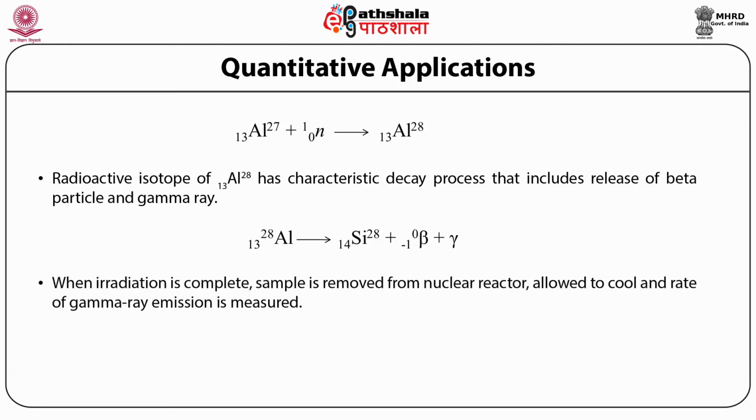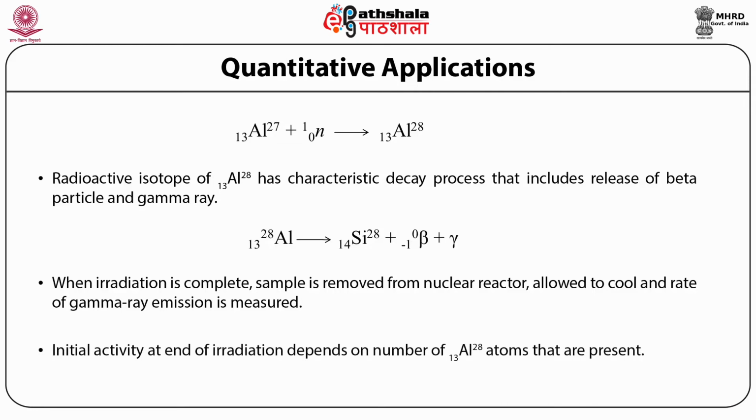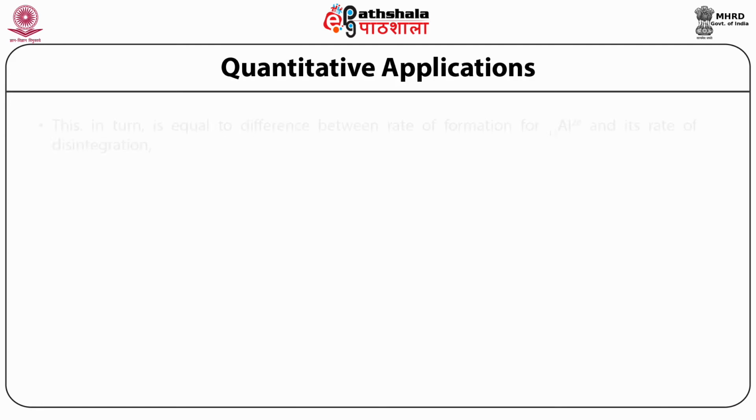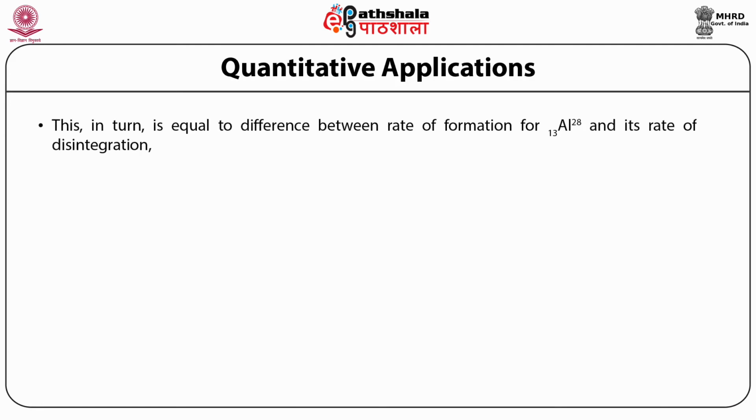When irradiation is complete, the sample is removed from the nuclear reactor and allowed to cool, while any short-lived interferences decay to the background, and the rate of gamma ray emission is measured. The initial activity at the end of irradiation depends on the number of aluminum-28 atoms present. This, in turn, is equal to the difference between the rate of formation for aluminum-28 and its rate